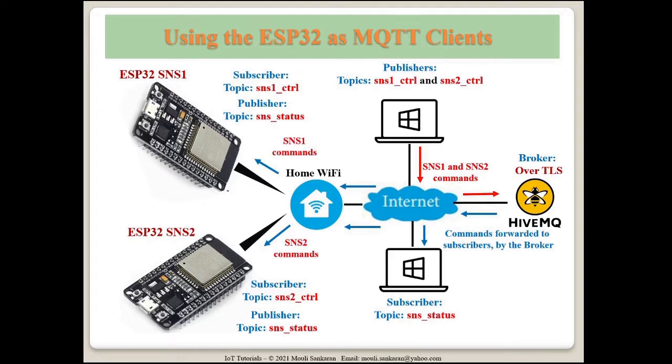So now let us see what is required here. As I mentioned, the publisher always makes one TCP connection, sends a command and then this gets disconnected. So there is no consistent TCP TLS connection between the publisher and the broker. Whereas the subscribers need to be connected always, because we don't know when the message is coming from publisher. So this connection is always existing between the broker and the sensor.